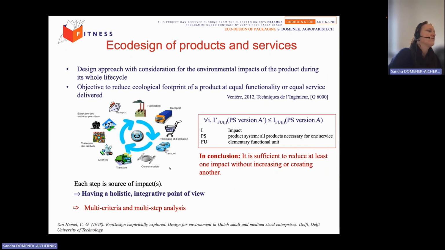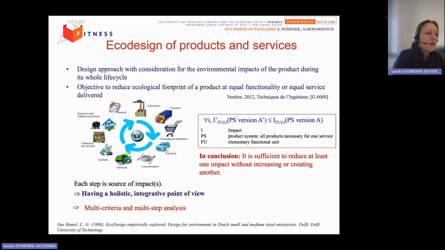Okay, so having spoken about all these definitions, now, one of the tools of the circular economy is obviously the eco-design of products and services. So eco-design is a design approach which considers from the very beginning of the design process the environmental impacts of the products during the whole life cycle of the product, and this is what my picture here is all around. So when you're going to eco-design, you should think about how my product is going to be used and how it is going to be disposed of, and take into account all these different assets in order to come up with a new design